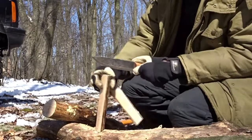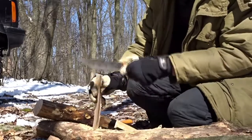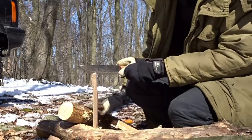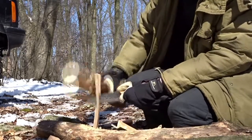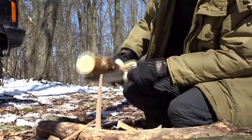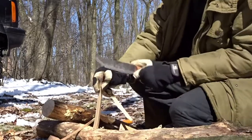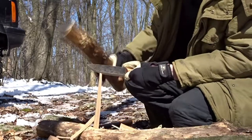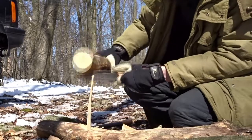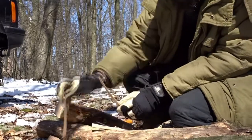over and over again until you get ever smaller pieces. What's great about this is if you don't have any kindling to start your fire and everything's wet, like on a snowy day like today, you can make your own kindling out of the center dry wood in the middle of a log. And you could never really do this by swinging an axe. And you can make perfectly dry